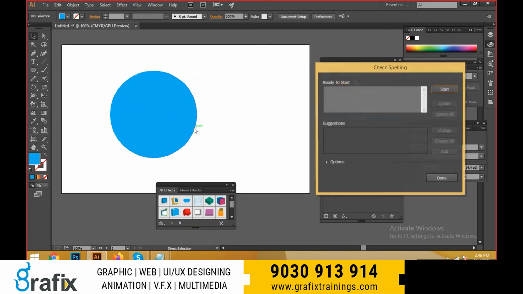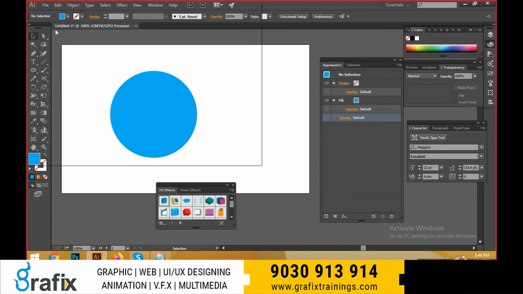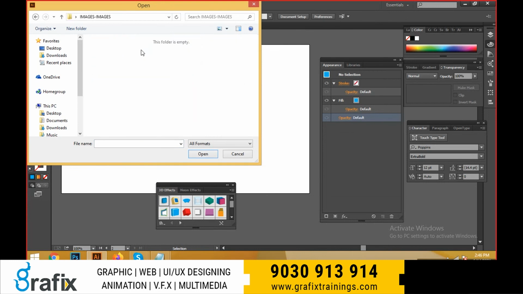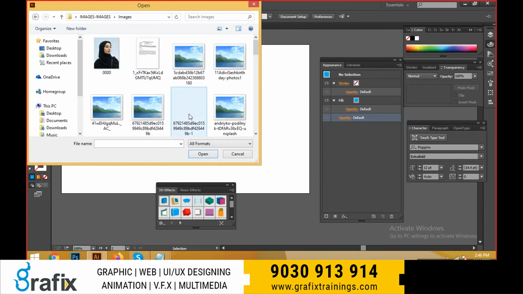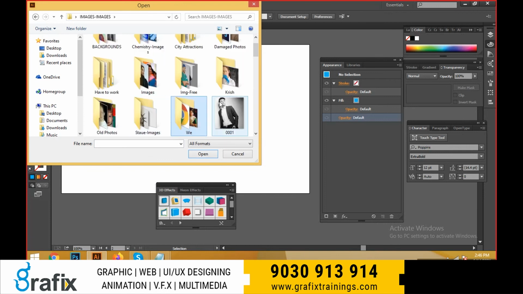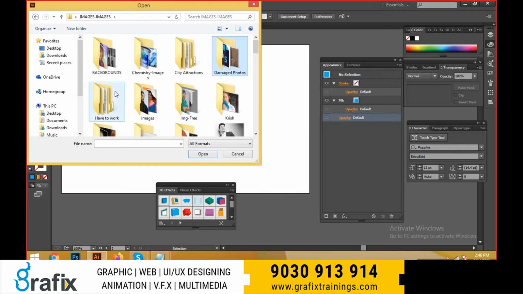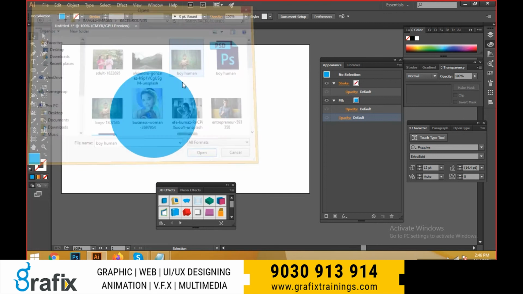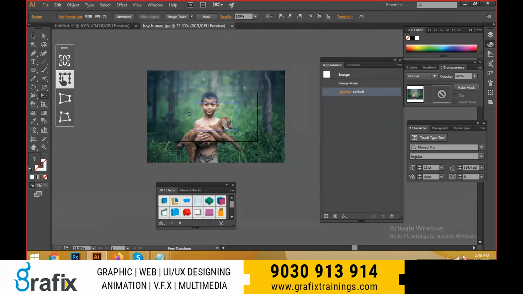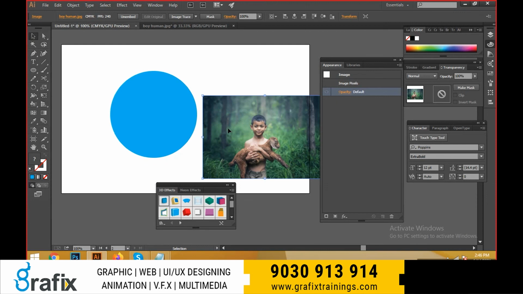Suppose if you take in an image, Control O to open the images. I can select the images, any images. I can open the images. I can decrease the image. Control X cut.